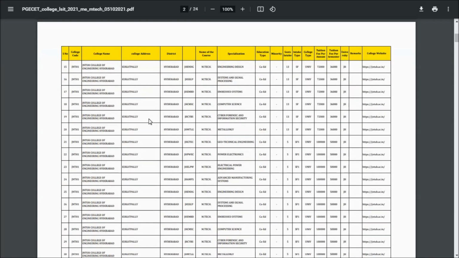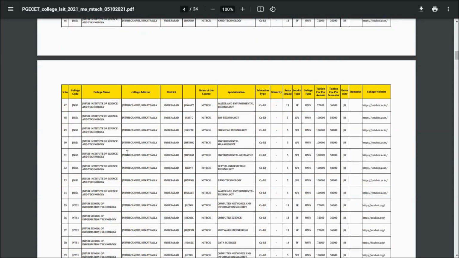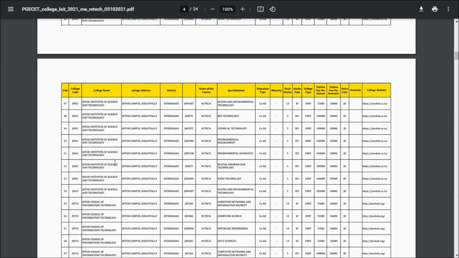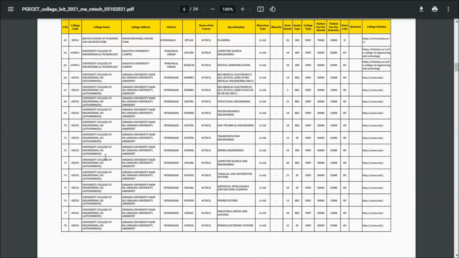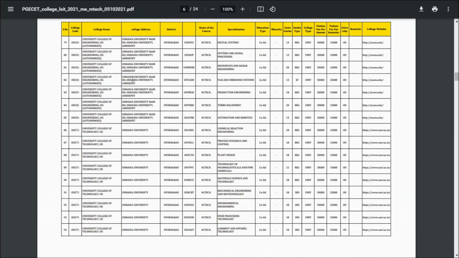So you can see college names and addresses: Kukatpally JNTUH, this is Nachupalli, Kodialam, JNTUH campus Kukatpally. They have mentioned all the college names with college address, and so you can see this is the University College of Technology, Osmania University. So it comes under OU.